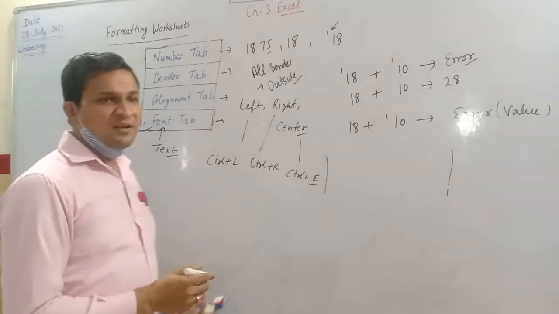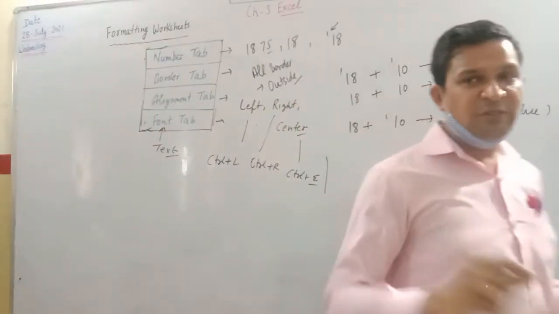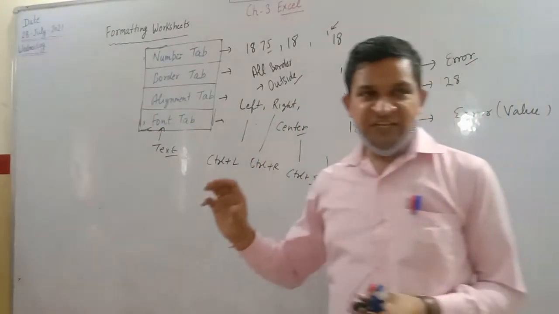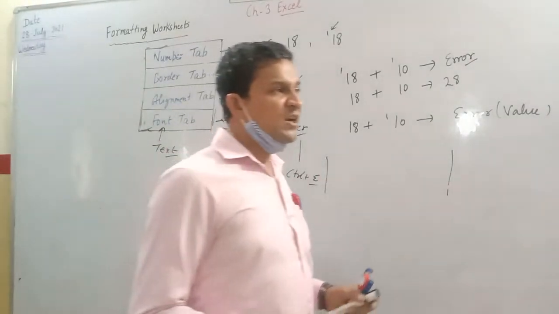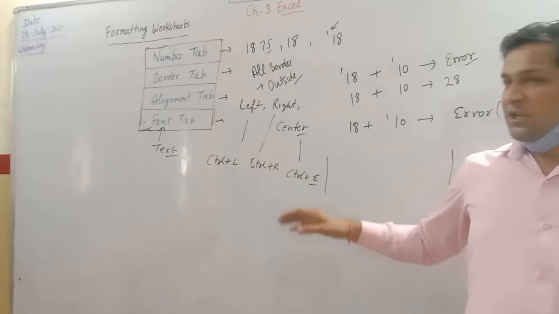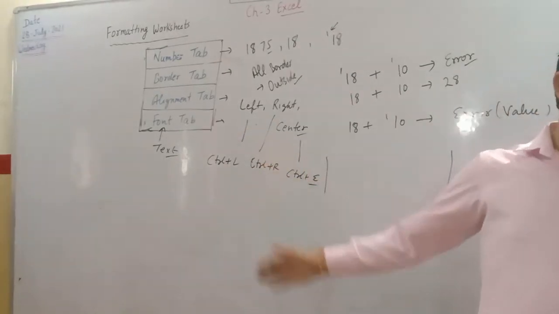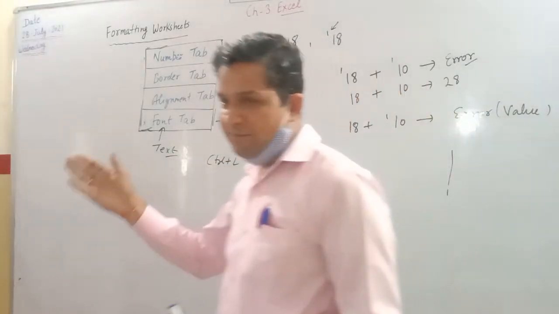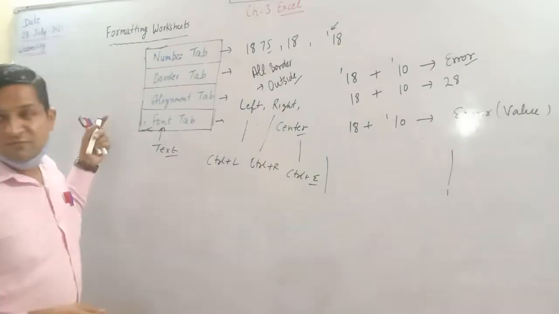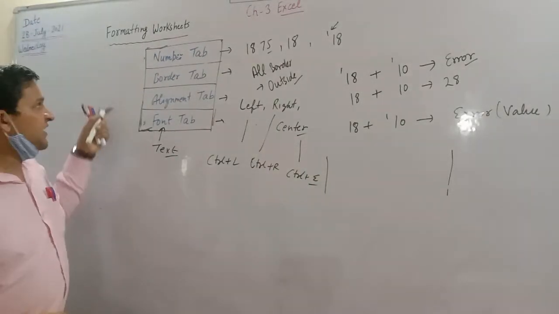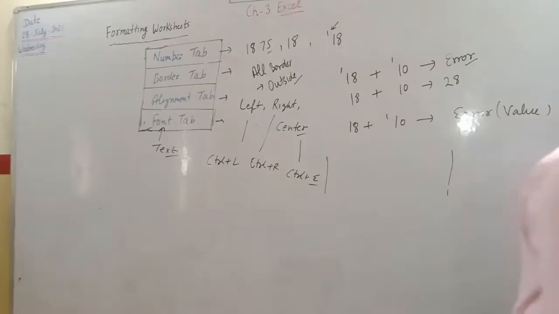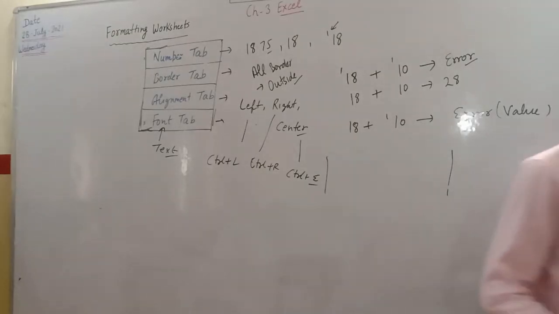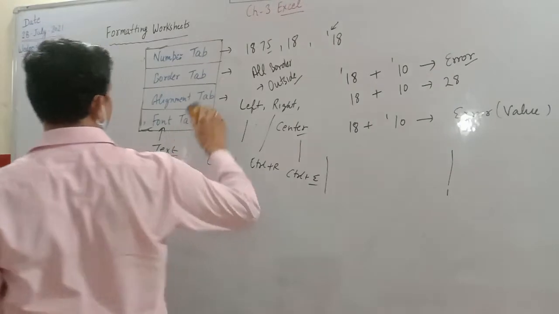What have you written? What do you want to apply? You want to increase the size of text, you want to decrease it, you want to highlight it, you want to make it colored, you want to apply some specific setting, you want to write in Times New Roman, or in some calligraphy format. These all are under the font tab option. These alignments are possible in formatting a worksheet. Afterward, we will move to the next topic, that is formatting rows and columns.